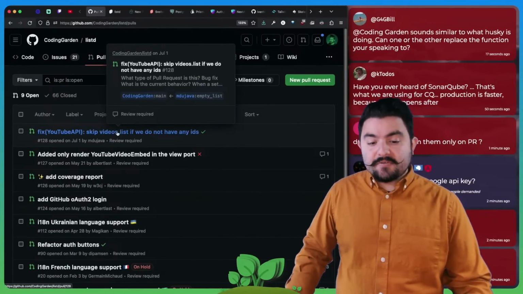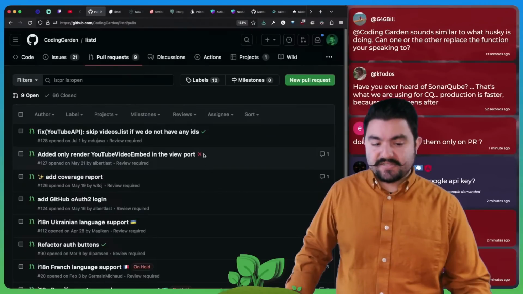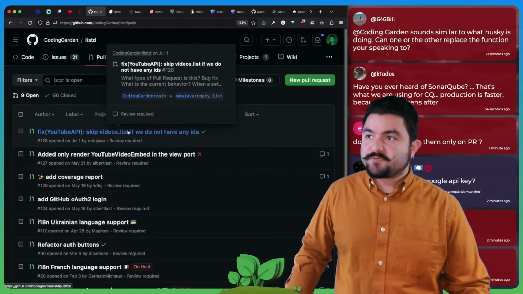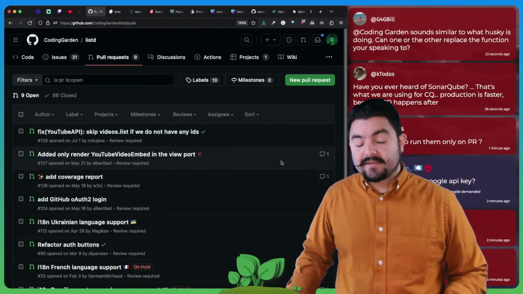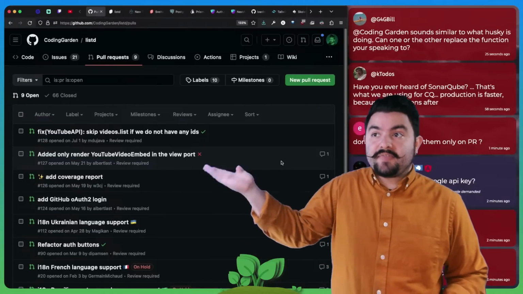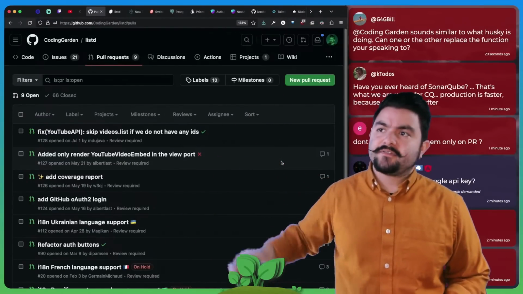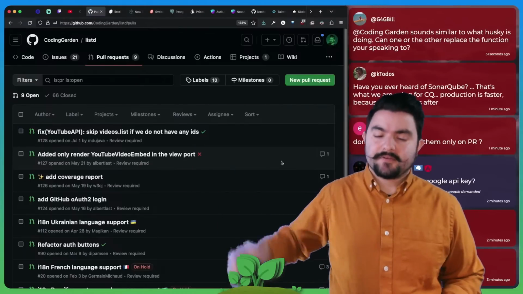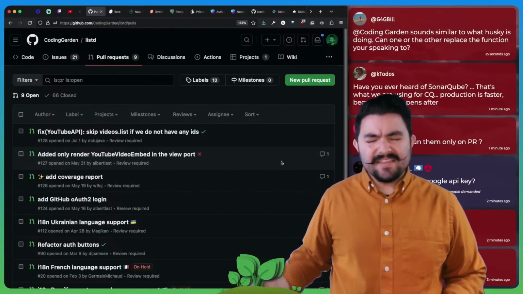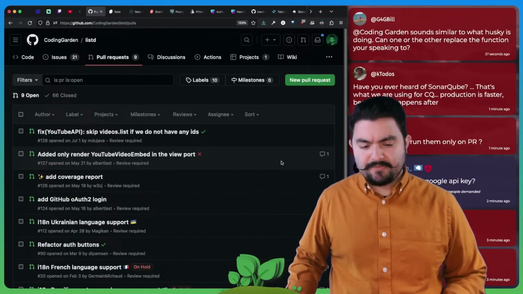But anytime someone makes a PR, that's why you see this check or this X here, because the test will run on GitHub Actions. And every time those run, that needs to spin up a server. That server runs all the stuff. And you only get a certain number of free runs in the cloud, right? I think maybe for open source projects we get enough, but